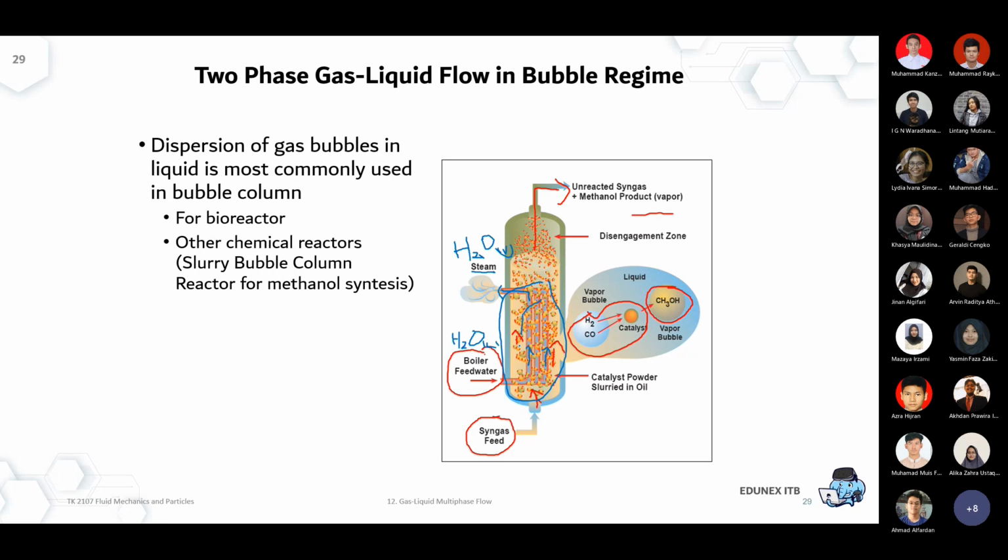And in the middle of the region, you can imagine that's where the evaporation occurs, and you can find two phases, a liquid and a vapor, in the middle part of the reactor. So of course the behaviors and the pressure drop correlations have to be considered, similar to what is applied to mixed phase of liquid and vapor.